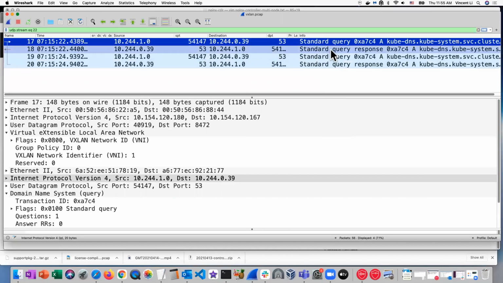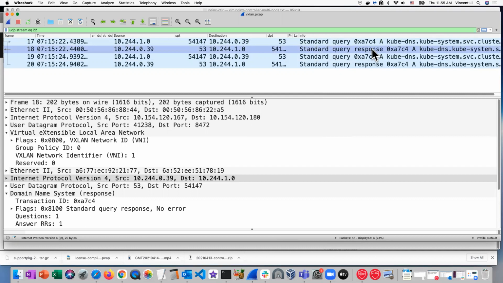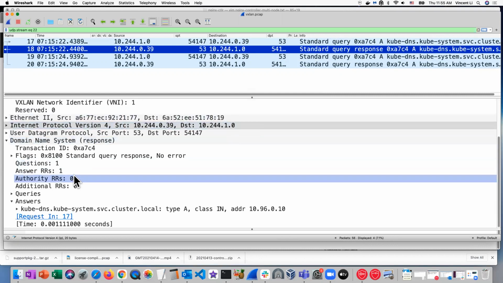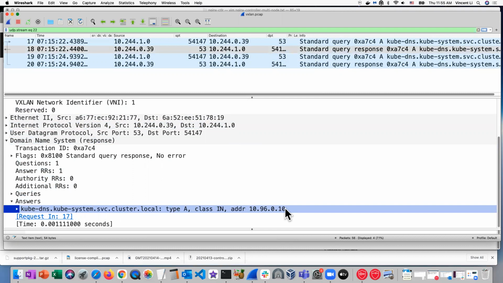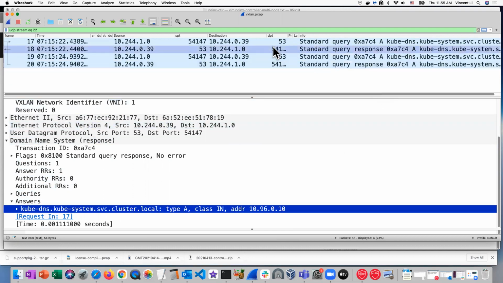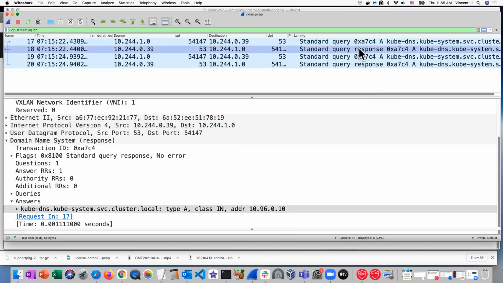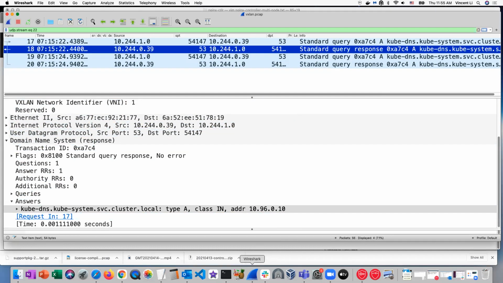It looks like we received the DNS response for kube-dns, right? We got the answer. The address is here, .10, and so we received the DNS response on the physical interface, but